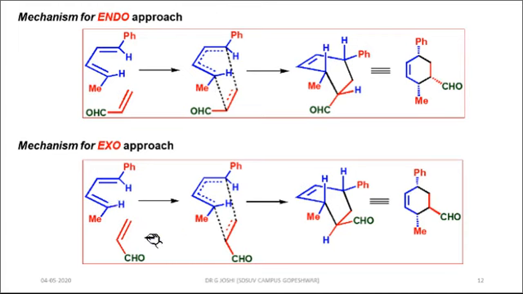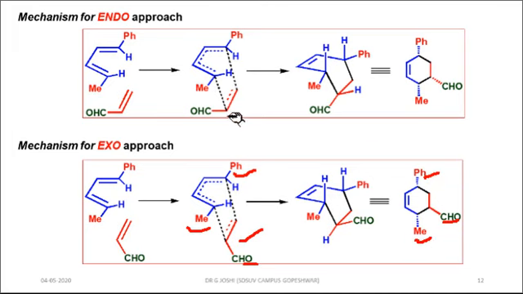However, in exo approach, again the dienophile is approaching from bottom plane. Here the plane of this CHO group is opposite to the plane of this methyl or phenyl group, means it is in the plane of hydrogen, both the hydrogen. That's why in product formation, the stereochemistry of aldehyde group is opposite to the stereochemistry of phenyl as well as methyl group. Hence, this aldehyde group in product will be trans to phenyl group as well as methyl group,